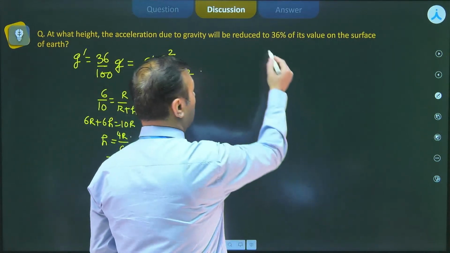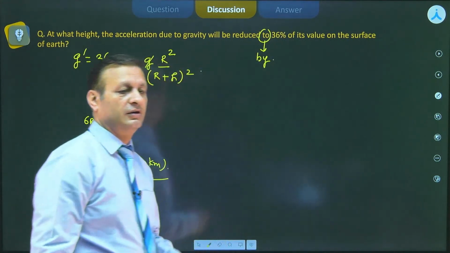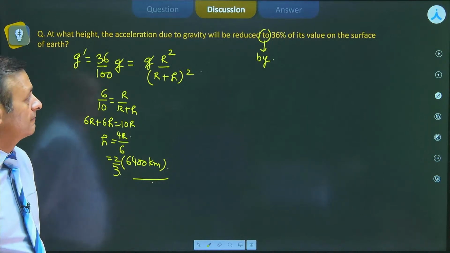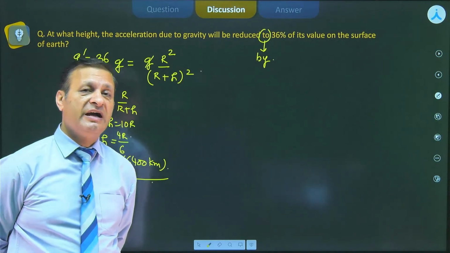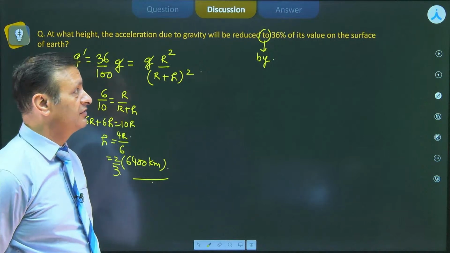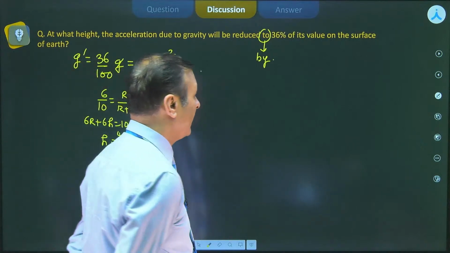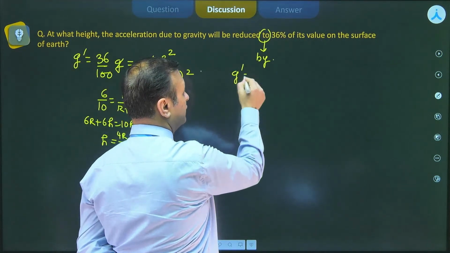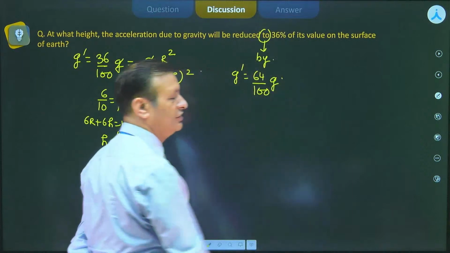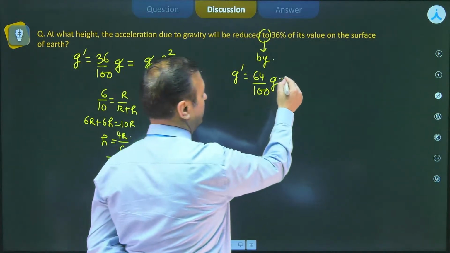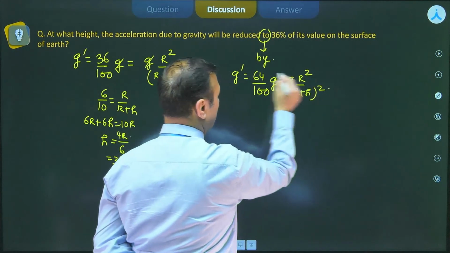Now, if I change this word, now the gravity will be reduced by 36%. Initially we had it reduced to 36%, but this time now we are saying it is reduced by 36%. When you say it is reduced by 36%, it means G dash would be 100 minus 36, 64% of G. And the very same, because this is a very large height, so we'll go by the same formula, and that makes it